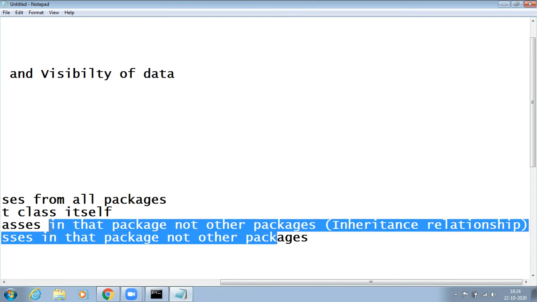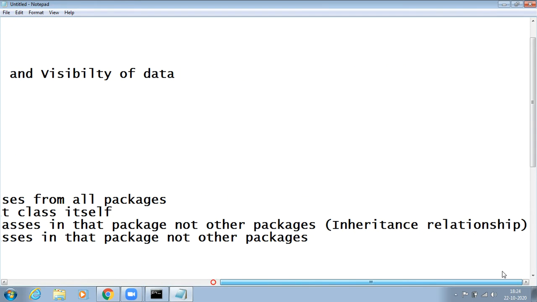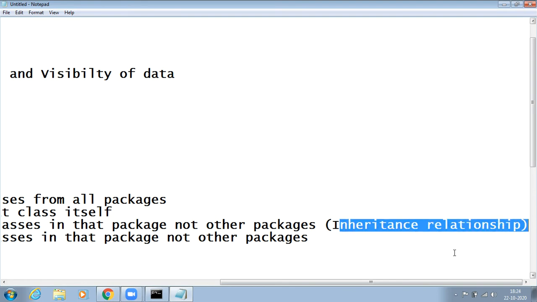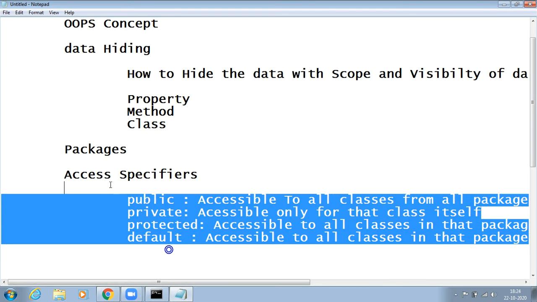Generally, default cannot access the data from one package to another package. But protected has the same nature, except there is a situation where protected can cross the border of accessing a class from another package. The situation is an inheritance relationship. Hence, these four are the access specifiers.